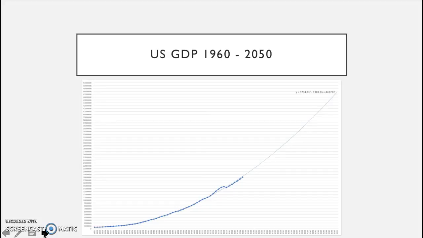And for the next calculations, I needed GDP further out, more of a predicted GDP. So I took the trend line that matched most closely with the GDP since 1960 and then projected it out into the future. And I used that for the next graphs I'll show with 2020, 2030, and 2050.